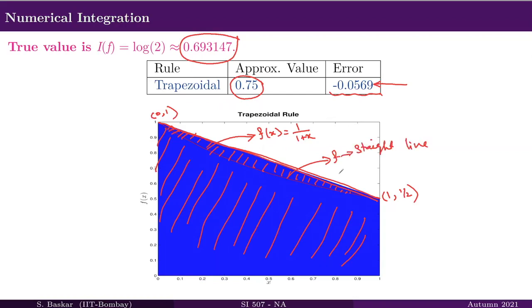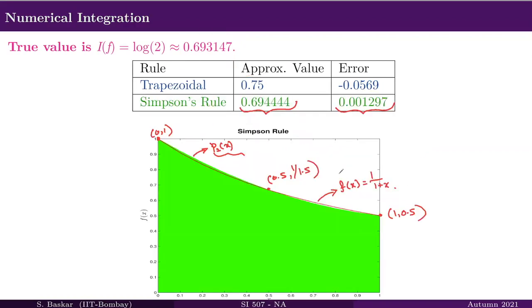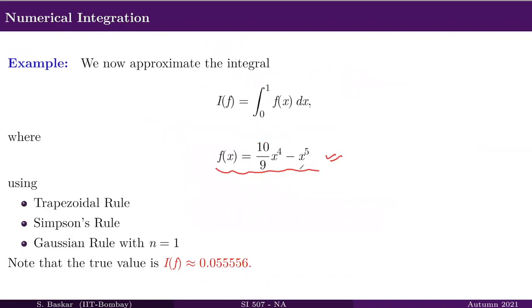Your trapezoidal rule gives the exact result, right? But of course, in that case, even Simpson's will give the exact result. But let us take this function, which is not a straight line. Therefore, it looks like the trapezoidal rule may give some error, right?